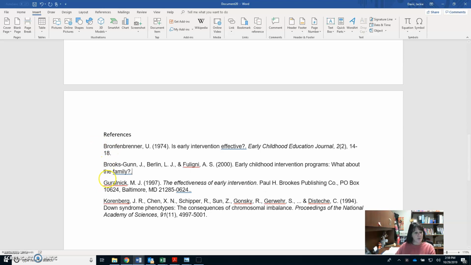Here's another one that starts with B, but B-R-O-N comes before B-R-O-O. So Brooks goes there. And here's one more. Starts with the letter M. And then finally,